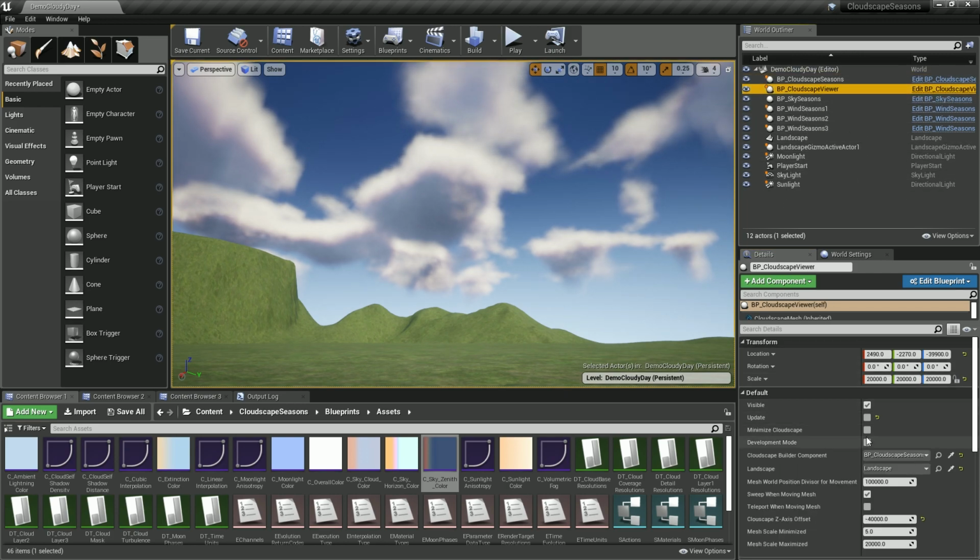I have to place it here. See? It looks like it does the same,